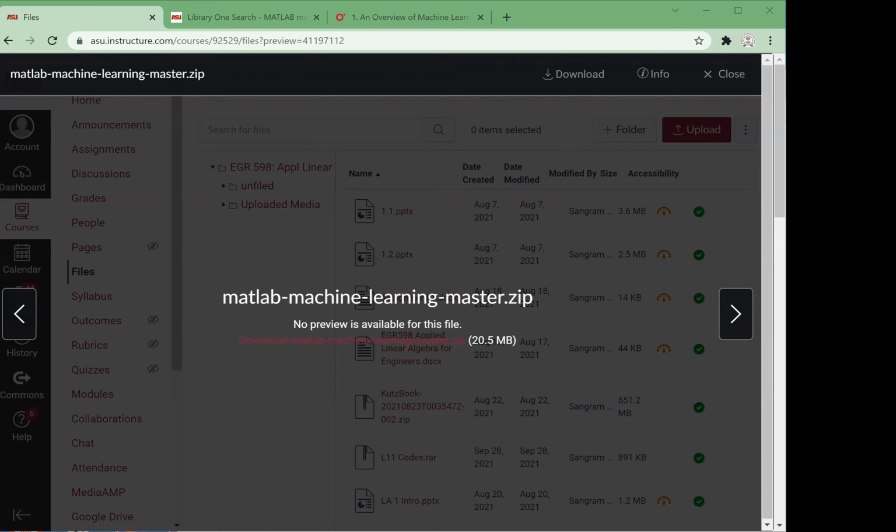So in today's class, what I'm going to do is walk you through the machine learning codes, and I would also discuss the theory. In the theory part, I would be talking about how machine learning works. And I want you to take a look at the MATLAB code. As I explain the code, you can try to understand what's going on. And later we will look at the examples.